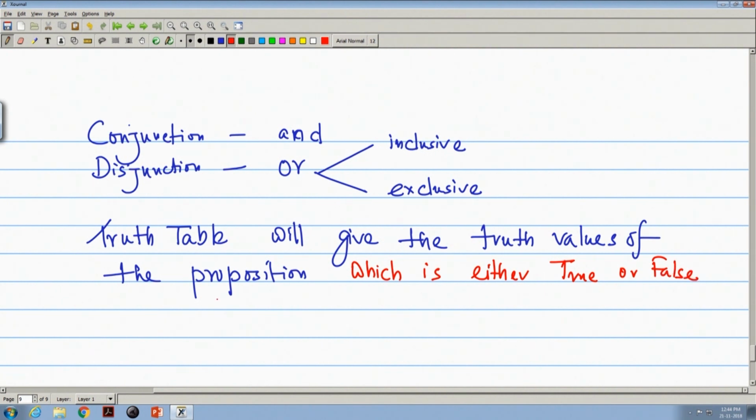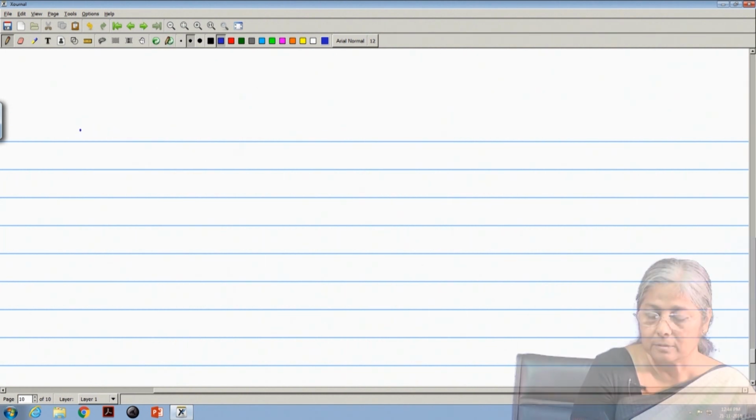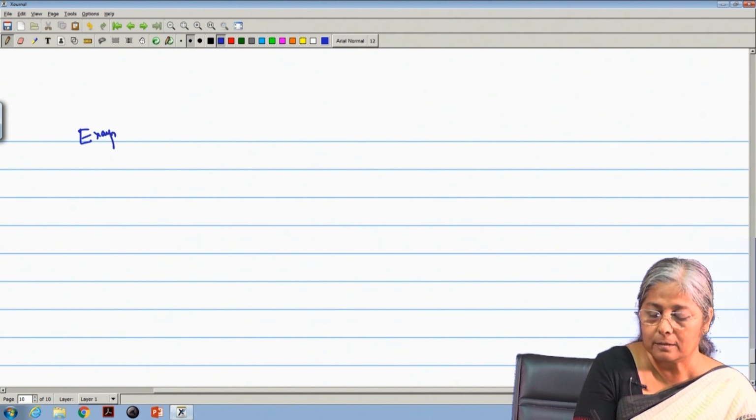We denote true by T or 1, and false by F or 0. So, that means with the example that we have given,